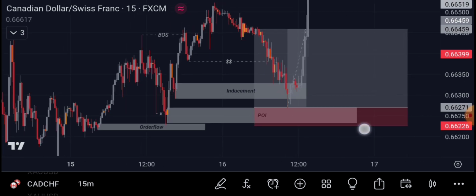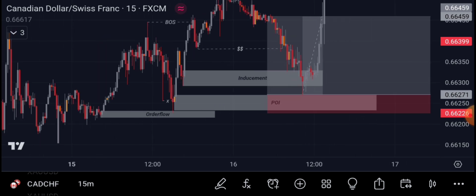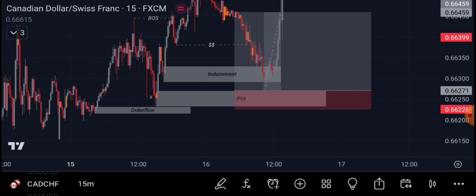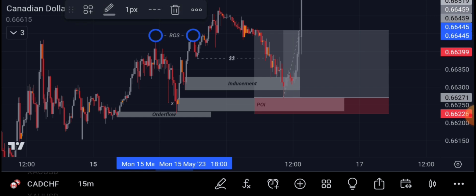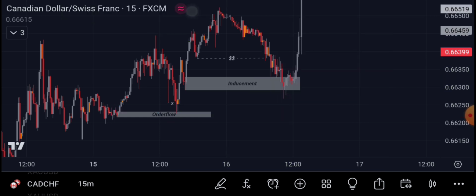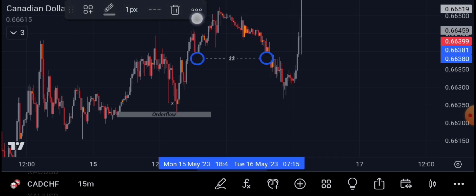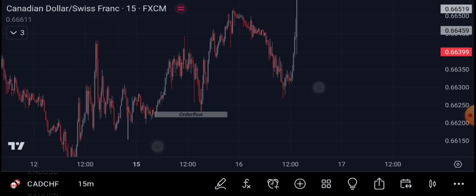Now, why did we take this trade? Why did I take this trade? That's what you'll be asking. When you come to your chart first, let's remove all this stuff. When you come to a chart like this,